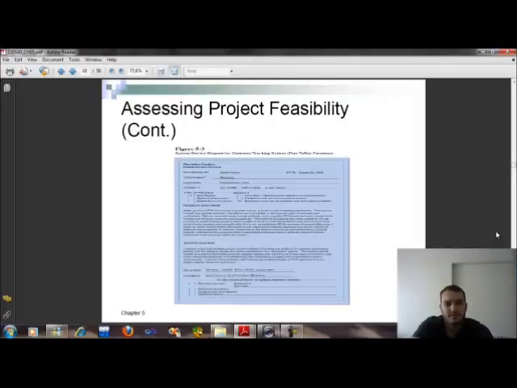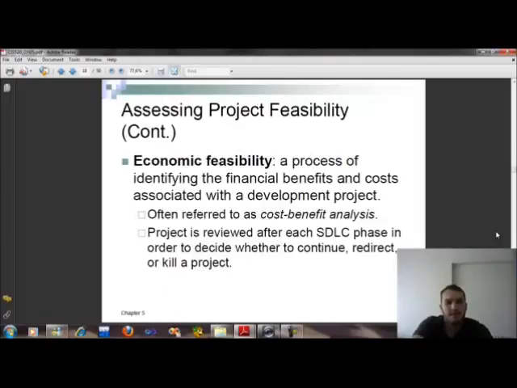In this picture we can see the assessing project feasibility for the customer tracking system from Pine Valley Furniture. And in this part we can see the economic